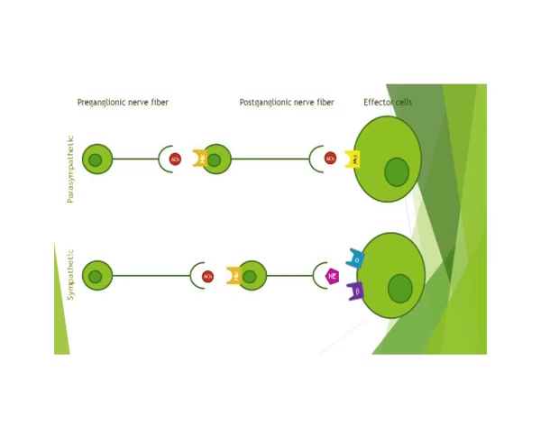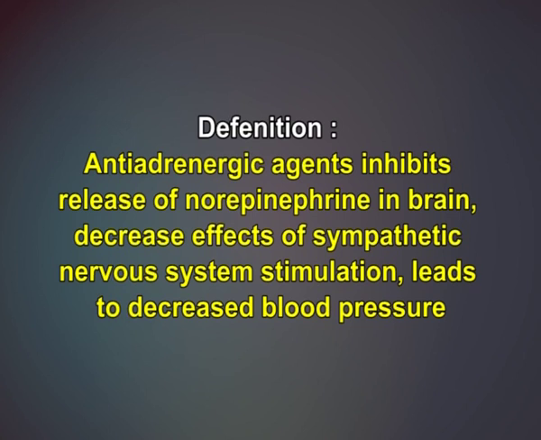Let's start Module 4, antiadrenergic agents. This chapter includes definition and classification. Those compounds that decrease or block the effects of sympathetic nerve stimulation, endogenous catecholamines, are antiadrenergic drugs. Definition: antiadrenergic agents inhibit release of norepinephrine in the brain, decrease effects of sympathetic nervous system stimulation, leading to decreased blood pressure,